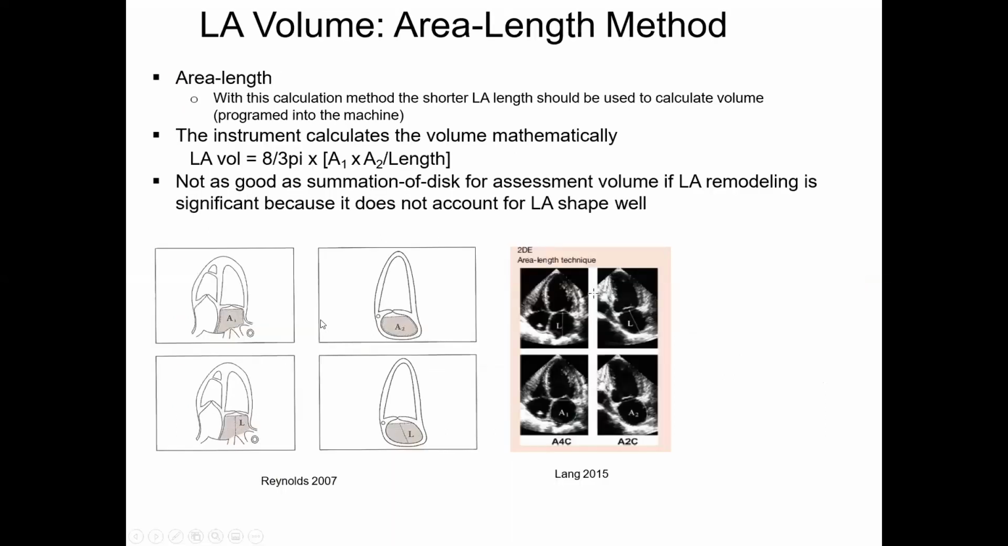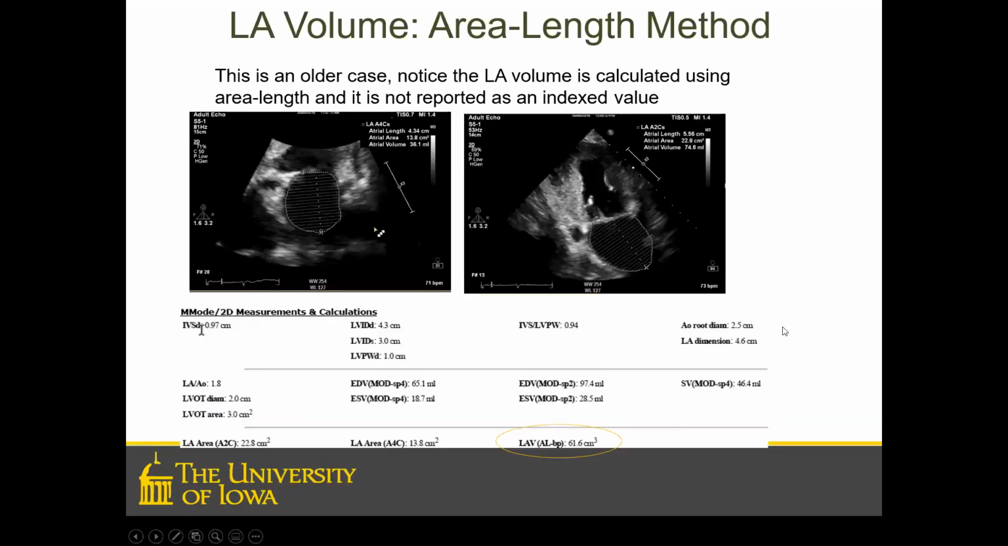Just as an example, this is how area length is calculated. This is the equation that's in the machine, okay? The trace looks exactly the same from the sonographer's perspective. It's just the way that it's calculated that is different. It doesn't do as good of a job of addressing remodeling. So here is our